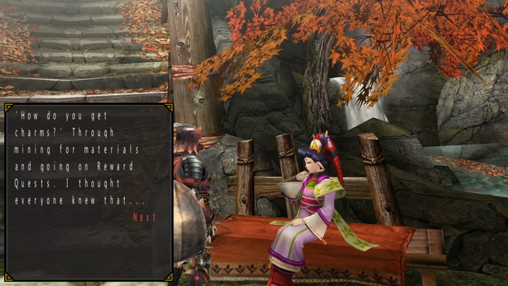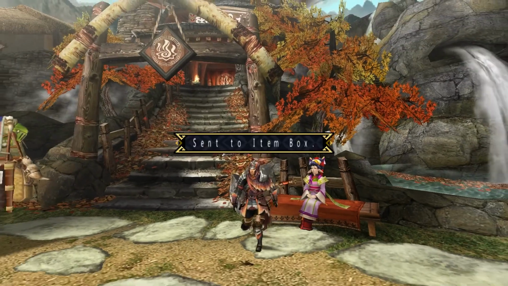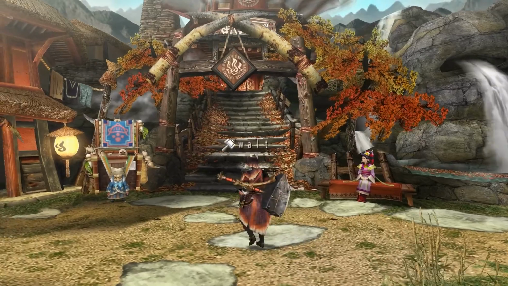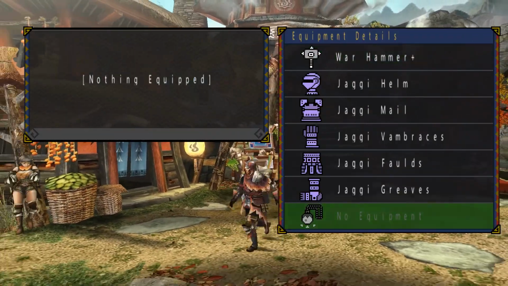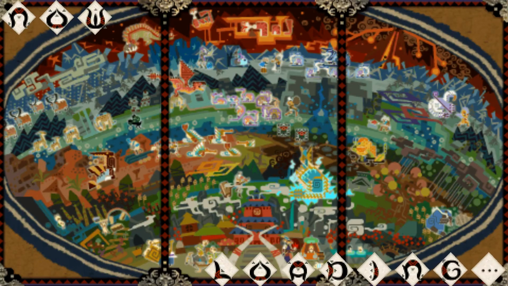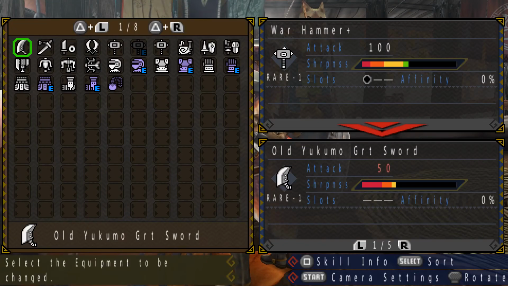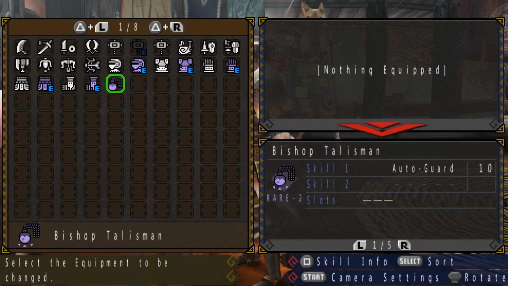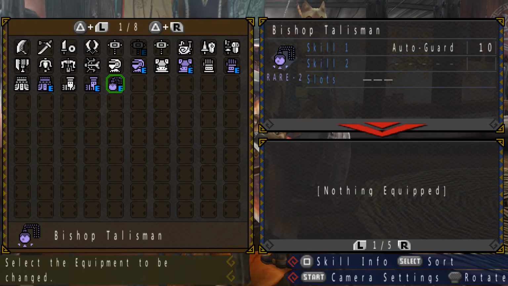Oh, to get charms. Oh, we're gonna talk about charms? Yes, we are. Alright, does that automatically equip? No. Alright. So, you know how I mentioned that we'll get to this no equipment thing later? Well, the time is now to get into not decorations, charms. So charms are kind of like this little necklace looking thing. And this one gives us 10 points into the skill Auto Guard, which is